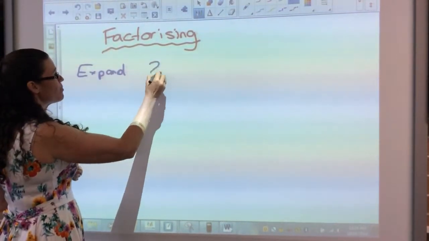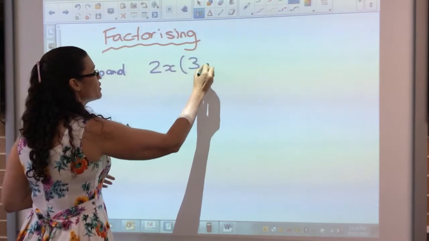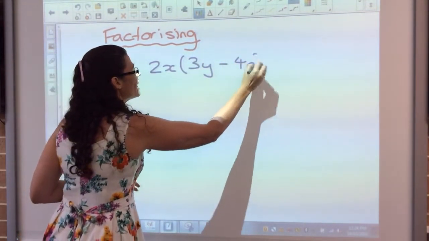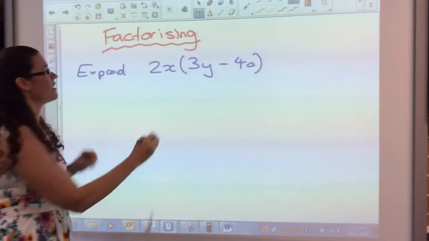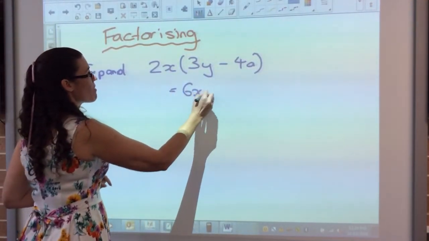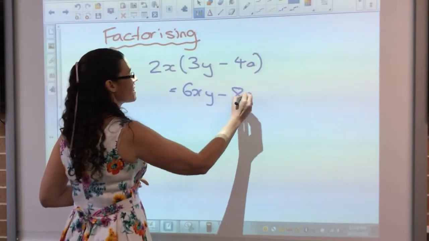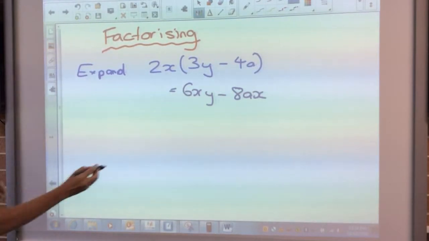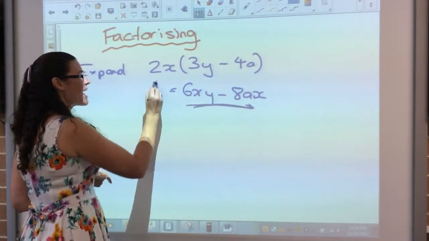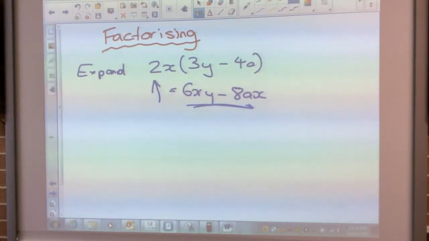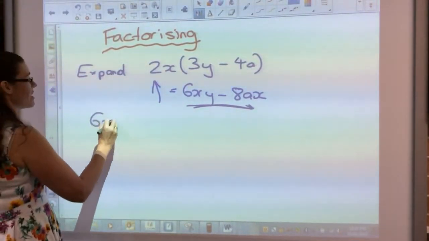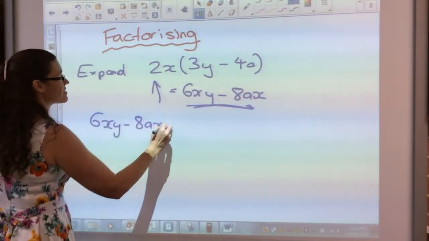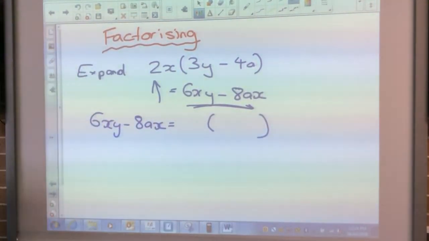So I had, for example, 2x outside of 3y minus 4a. I would multiply that 2x in here, giving me 6xy minus 8ax. That is expanding. Factorising is when we start with this and we're going back to that. So we start with the expression with no brackets in it, and our answer will have brackets in it. So if I started with 6xy minus 8ax, and I want to go back to something with brackets,